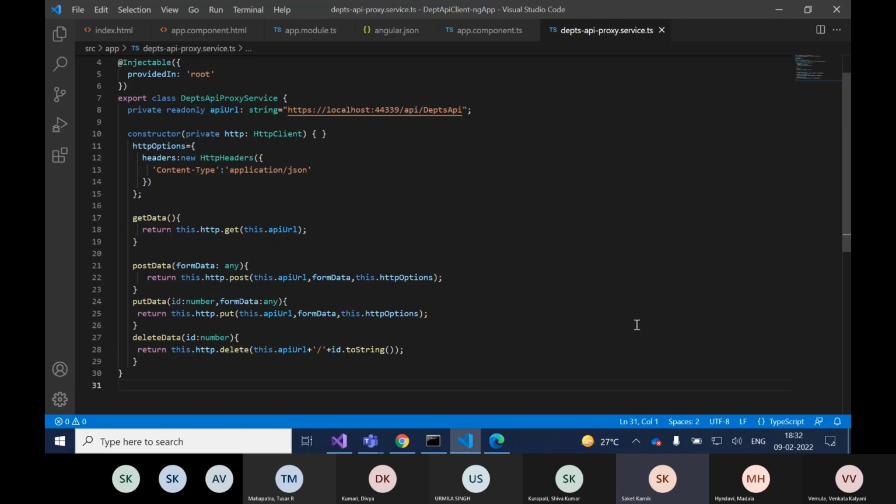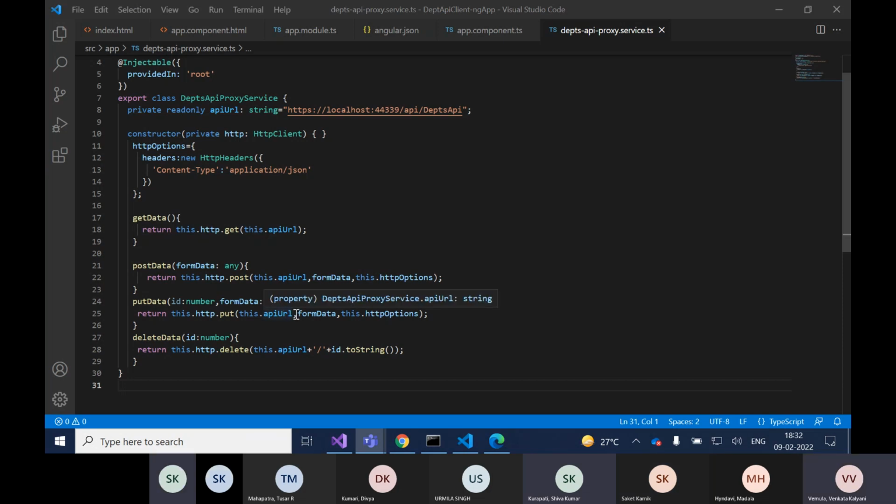Show me put data, ID number, form data, any. Wait. This dot http dot put this dot API URL plus slash plus. Sir, in input data, the written statement is wrong. Right. See, there is a missing stuff there. Yeah. Kalyani, after API URL, put plus,